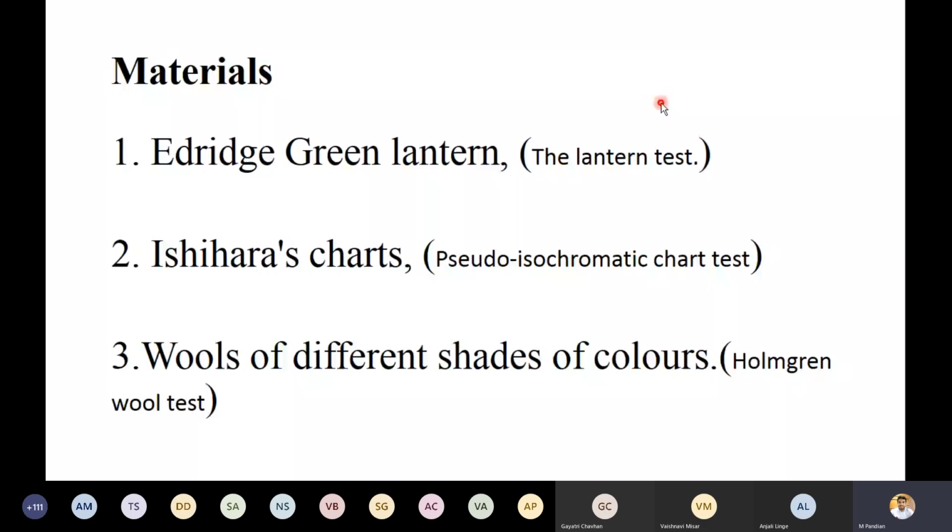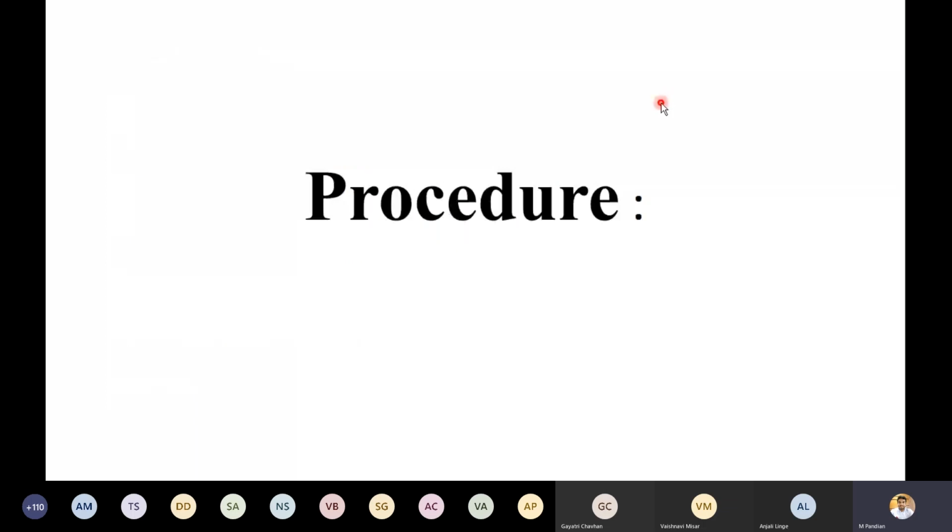This wool of different color shades test is also called the Holmgren wool test. We will see the procedure one by one. First, you have to stand on the right side of the subject. Make sure. The first test is the green lantern.